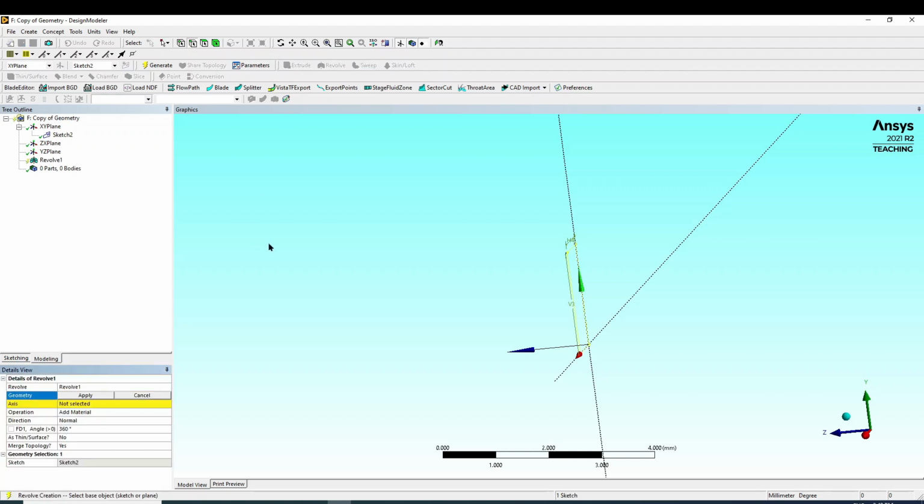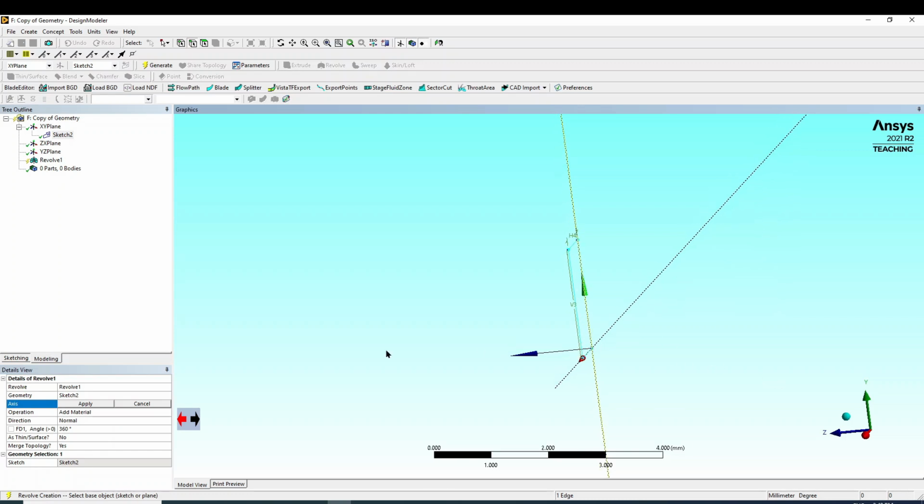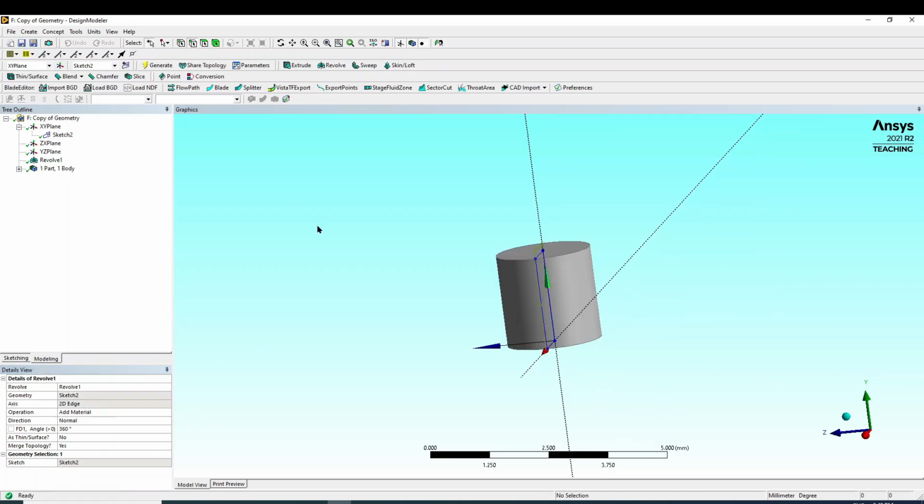Now see, the good thing is that whatever type of activity you have to do, that message will appear on the left side. Can you see the revolve creation? For revolve creation, you have to select the base object. So what is the base object that we want to create? Rectangle. So I will create this base object as sketch. Apply. And the axis along which we want to revolve, I will select this axis. See, I am clicking on the y-axis now. Apply. Generate. Can you see here?